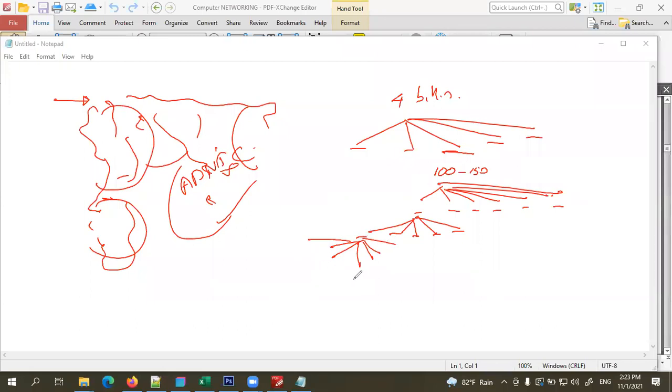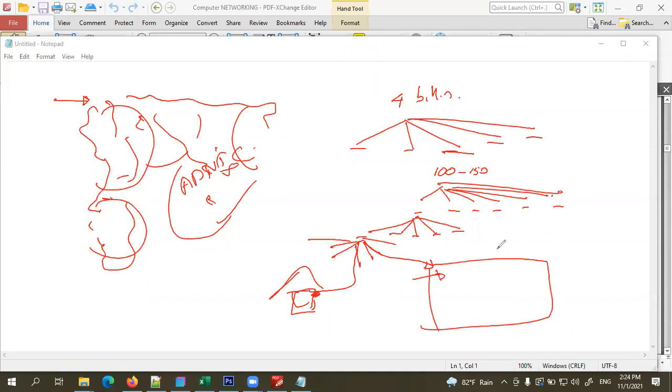So if you're going to have an internet connection, your ISP, internet service provider, will draw a cable to our house and then assign a public IP address to our location. Then we can connect with the world. So like that, these IP addresses are divided among ISPs. Assume that we have a company and we need multiple IP addresses. Then they will divide a portion of the IP addresses and assign it to our company.